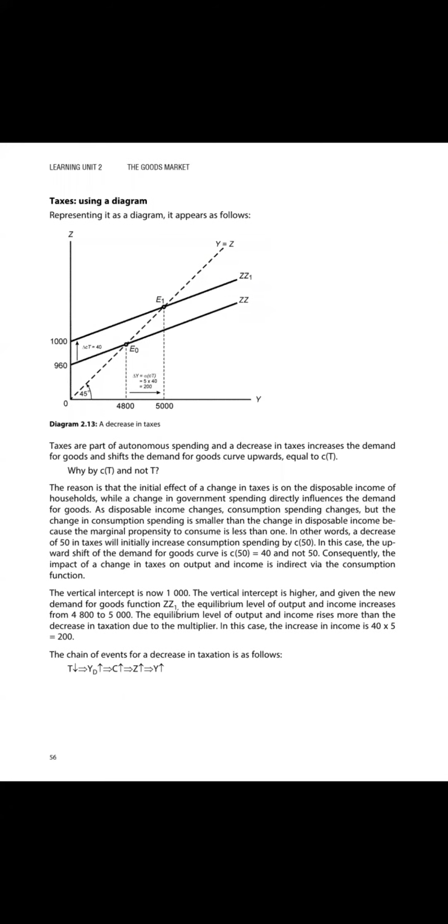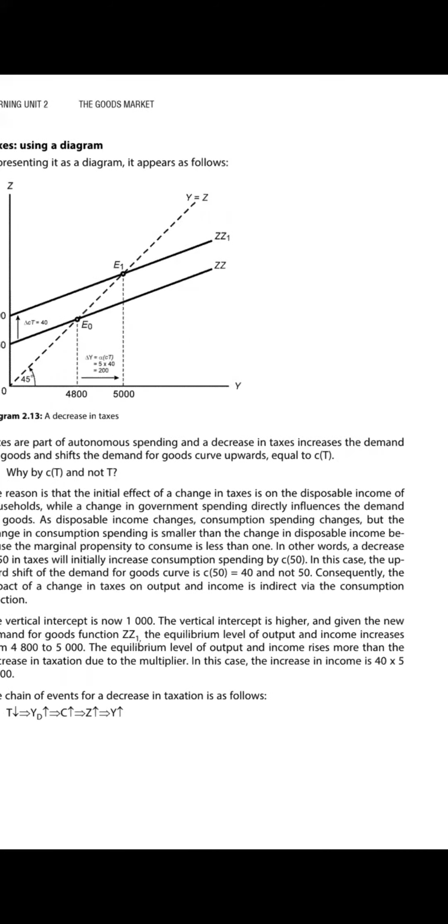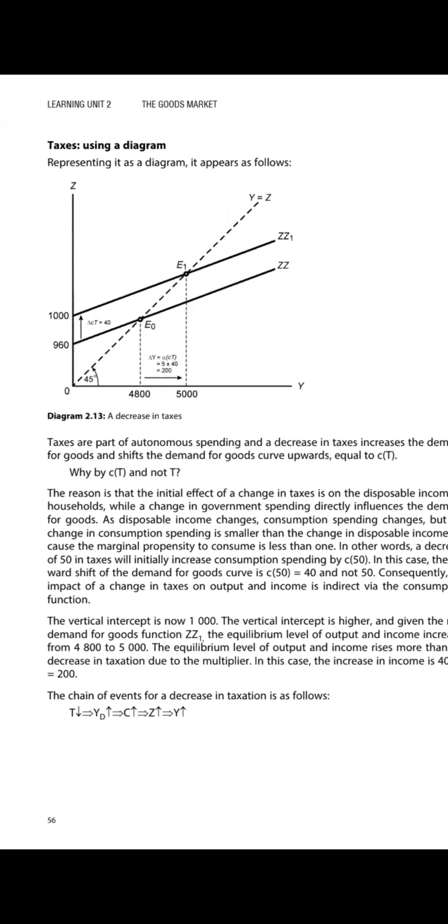Your consumption curve can basically be given as an equation, and then drawn as a straight line, the way it's indicated there, and it's given as the ZZ curve, right? So where that ZZ curve intersects the y-axis, which is basically called the y-intercept, would basically refer to that point there as